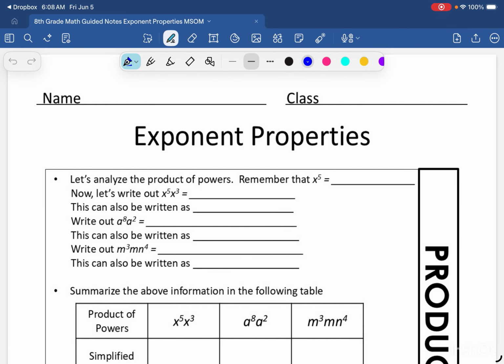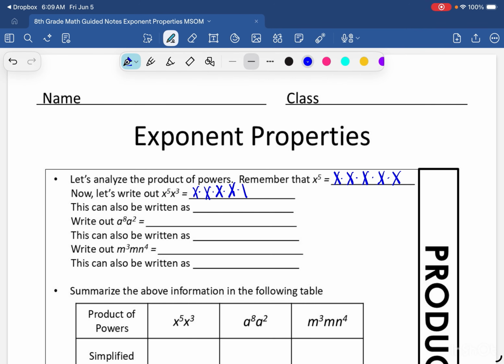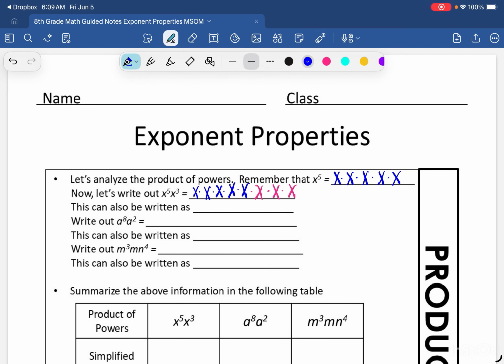It says, let's analyze the product of powers. Remember that x to the fifth equals, we're going to write this out, x times x times x, 5 times. Now let's write out x to the fifth times x to the third. So x to the fifth is x being multiplied 5 times, and then x to the third is 3 more x's. So if we add these all together, we actually have x to the